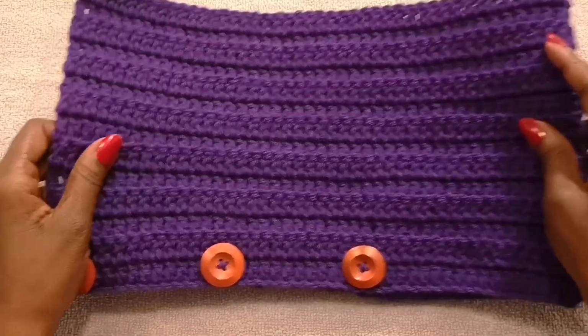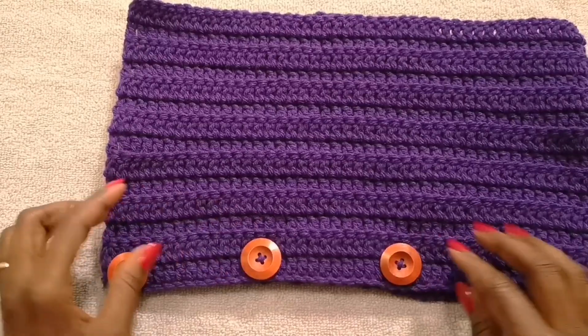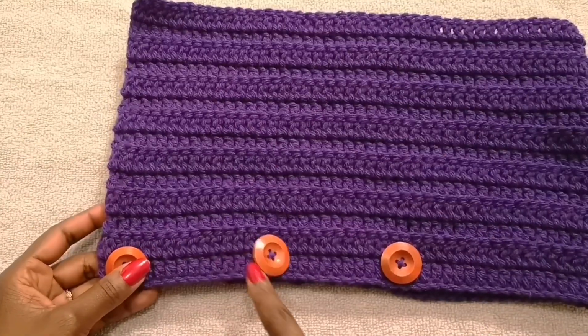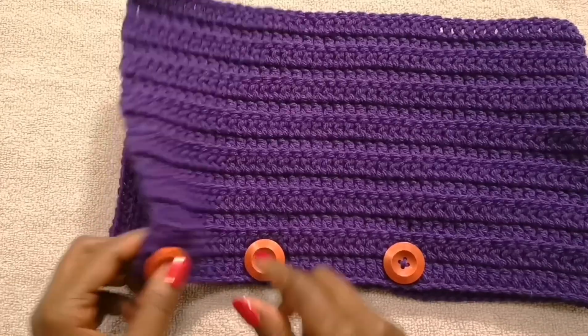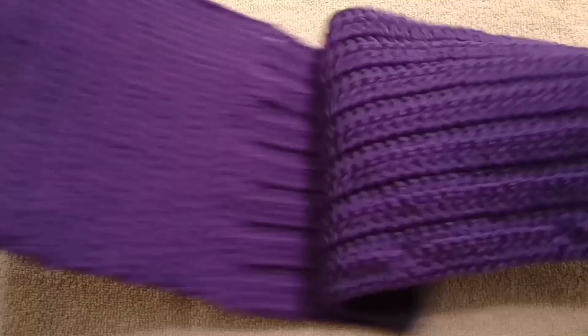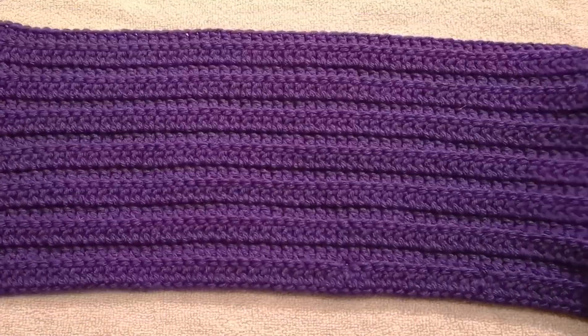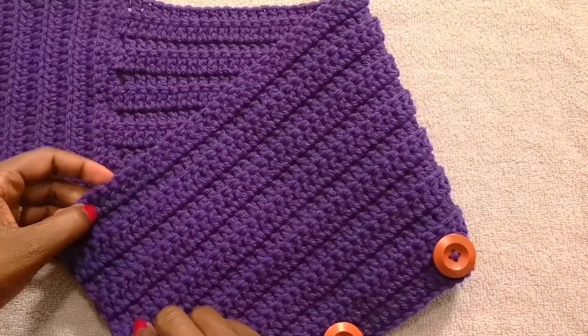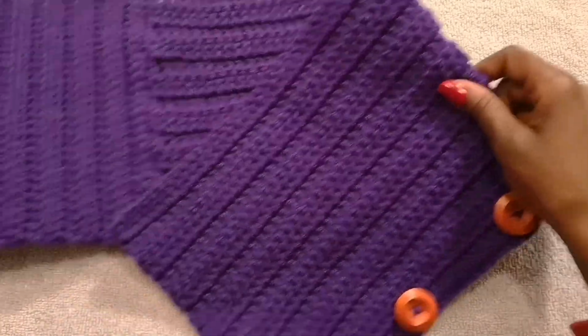All right, so the 3 buttons are fastened in, as you can see here. So if I unfold, as you can see, these are the 3 buttons we talked about. And I also weaved in my ends. So there's one end here, there's one end here. So now if you stretch your work out completely like this, okay, and then you go back and fold it in the way we did earlier, okay,